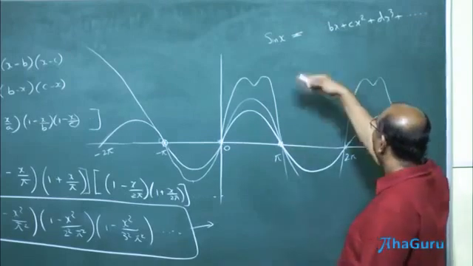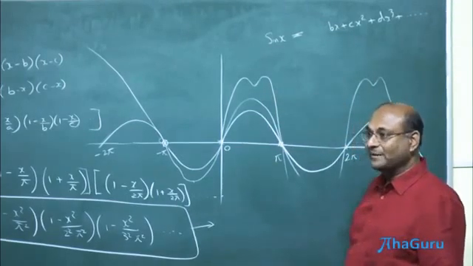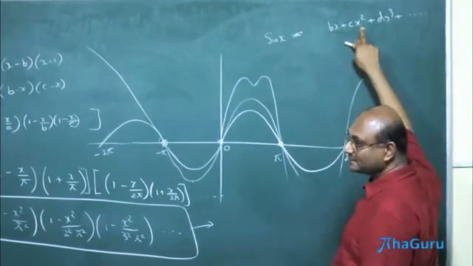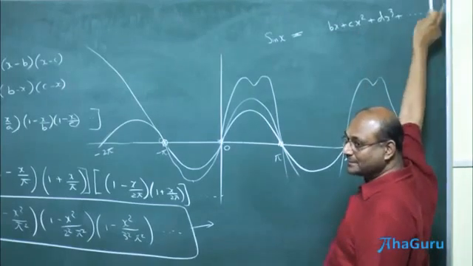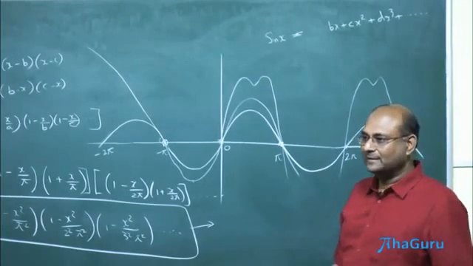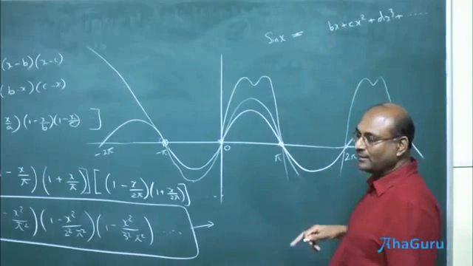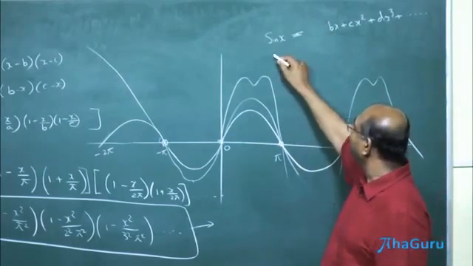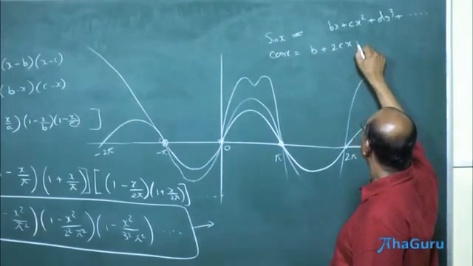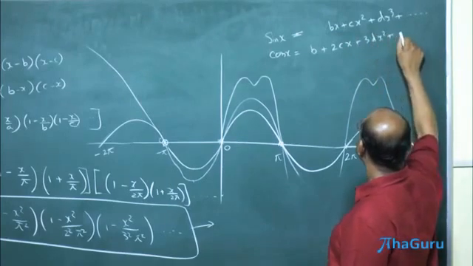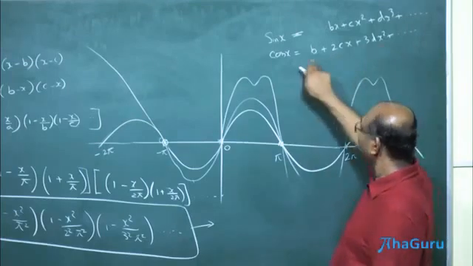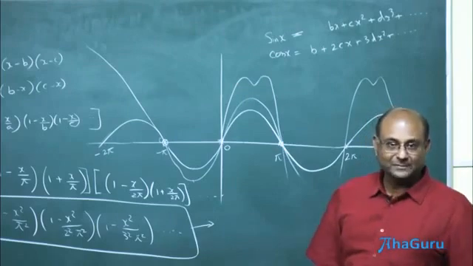Okay, you can divide by x and ask the question, when x is very small, sin x by x is 1. This is going to have a cx, this is going to have a dx square, all that will be 0. So b should be what? 1. You know that sin x by x is 1. Sin x behaves like x. Or if you know a little bit of differentiation, you can say, let me differentiate, I'll get cos x. Cos x is b plus 2cx plus 3dx square and so on. And now put x is 0. All this is 0, so cos 0 is 1. So therefore b must be 1.